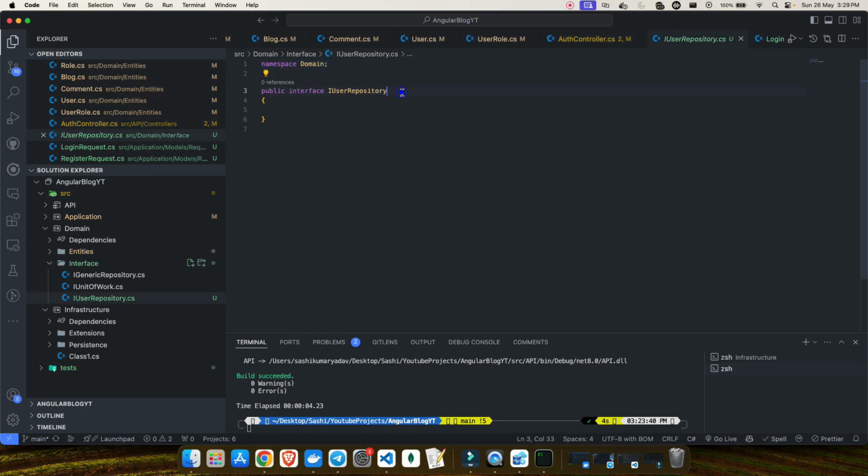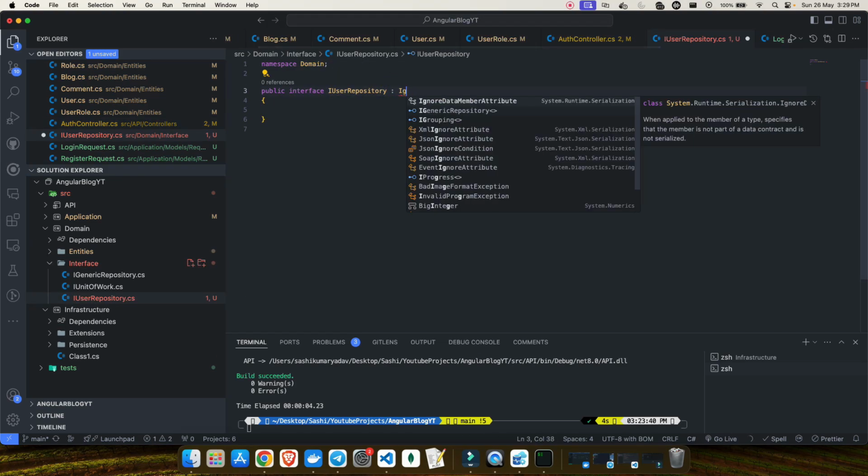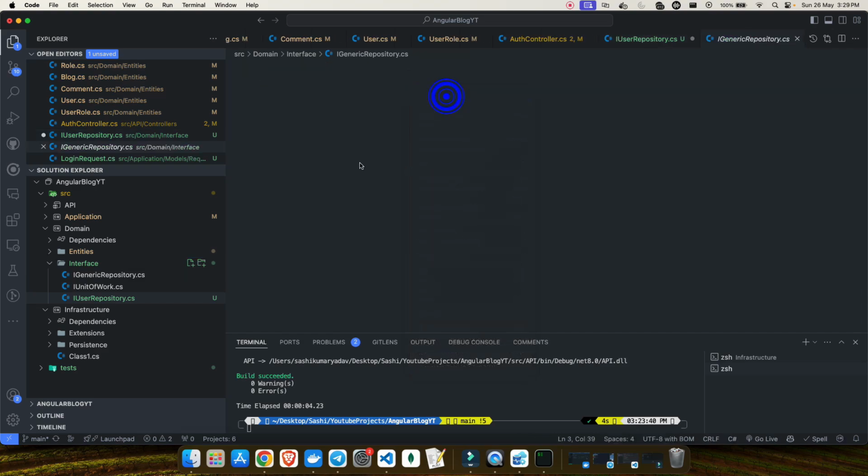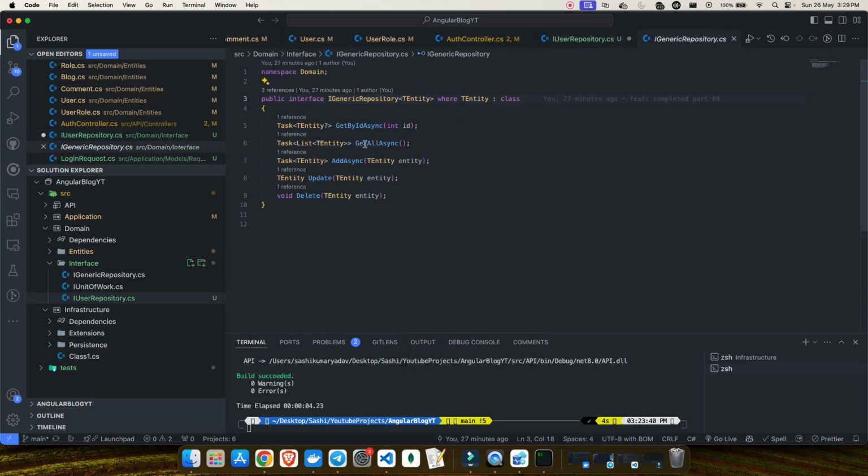So inside this IUserRepository, I will make use of the generic repository as well, and this is of type user. Which means that I'm trying to inherit this, so whatever methods are part of IGenericRepository will become part of this IUserRepository as well. But one thing to note here is that I can add my extra implementations as well. Like for example, in this IUserRepository, I will only have these methods like get by ID, get all, add